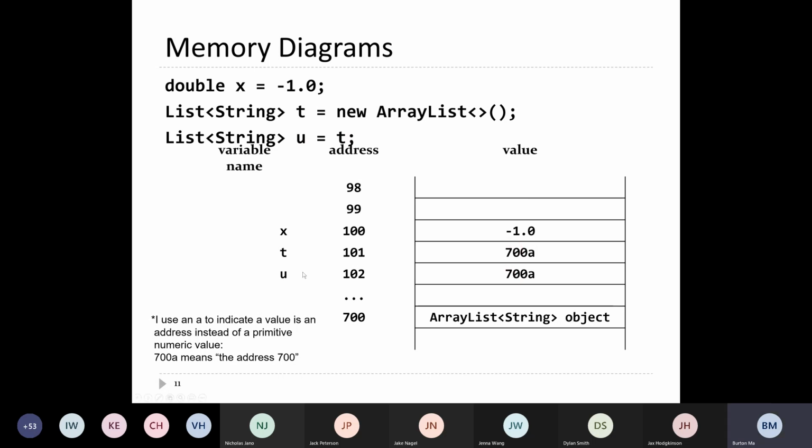In other words, t points to that array list object, and u also points to that array list object. So we say that t and u are both aliases for the same object. Alias just means a different name for something. So t is a reference to that object, and u is also a reference